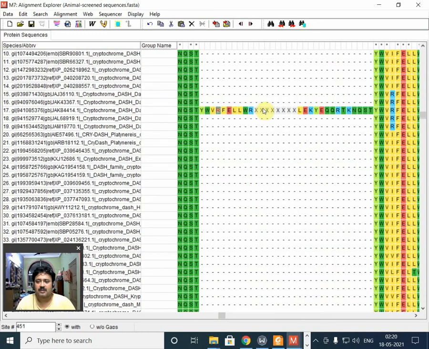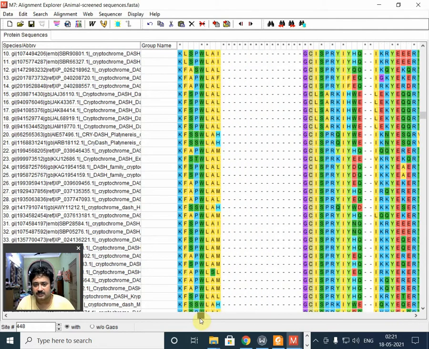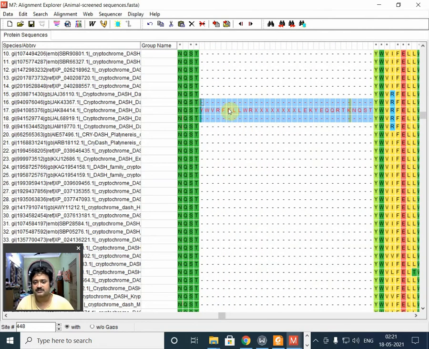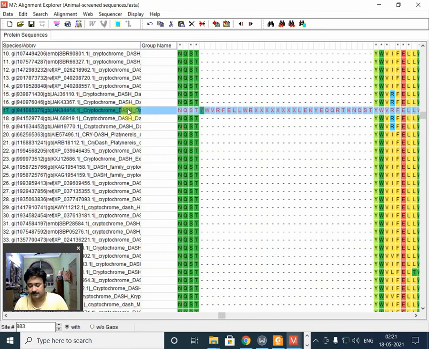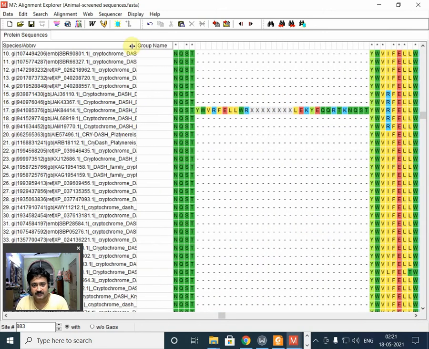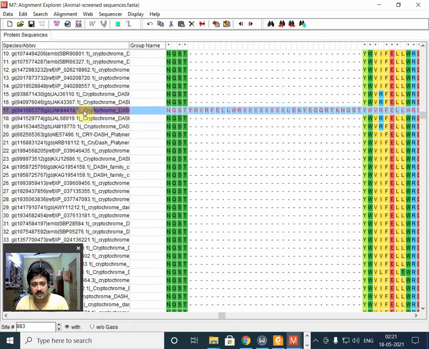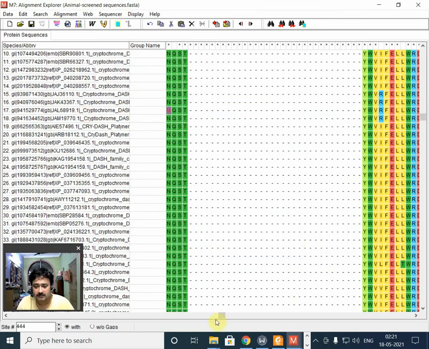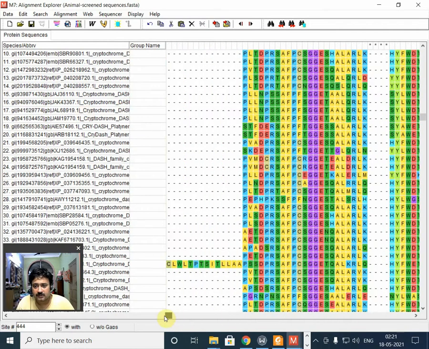Again, why I am saying this doesn't make any sense is that this XXXXX doesn't denote any particular amino acid. Other than this region, the rest of the regions are falling into place, but this region is creating a nuisance for the whole alignment study. And this is again the same species, Daphnia. So if we delete this one, then we go for other studies.